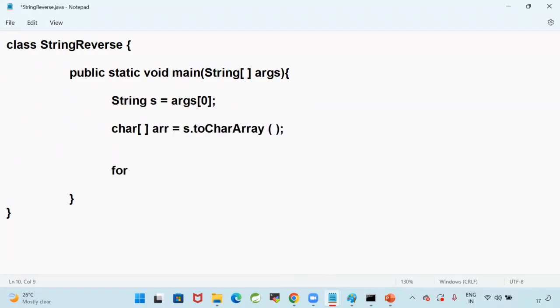Now I'm going to write for integer i is equal to, what I need to do? 0 also I can take, or I can take the last index also, right? From last I can get the character, I can store into another array. From last I can take that and I can store in the another array. How can I do that? Integer i is equal to